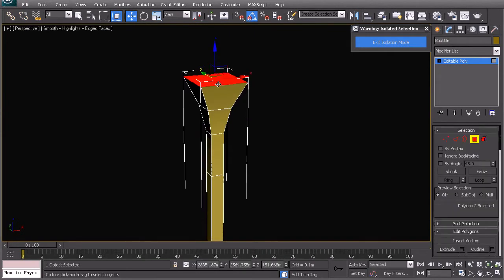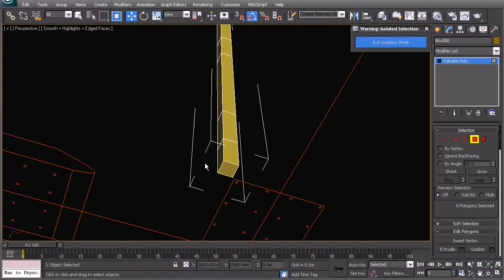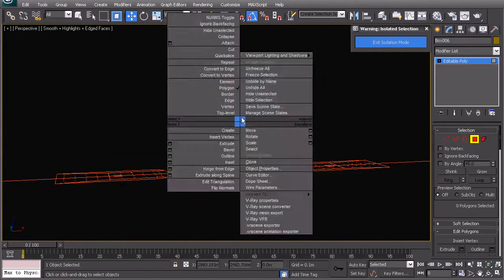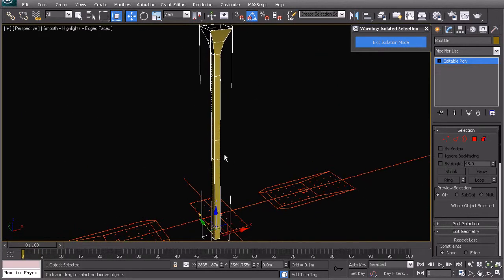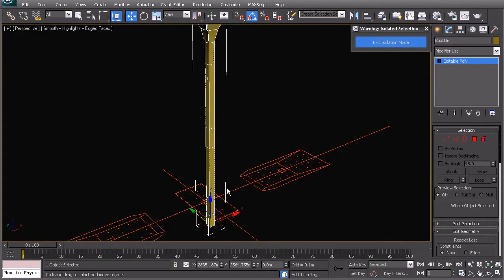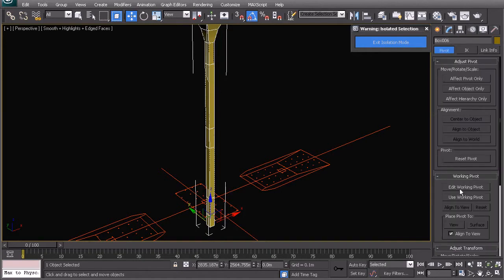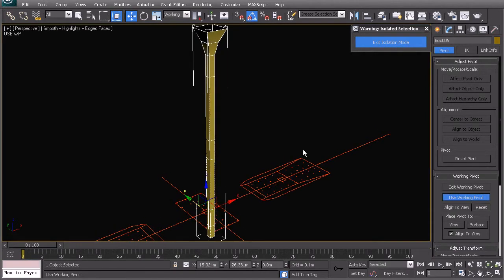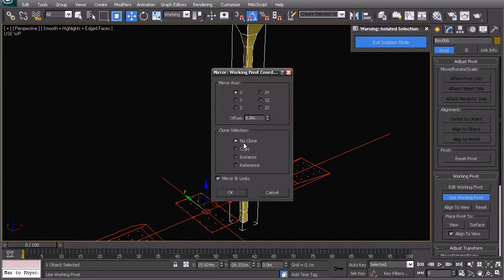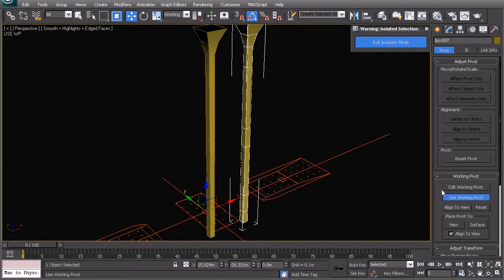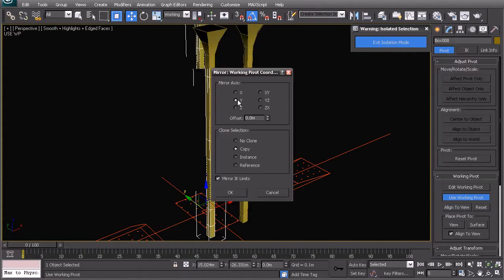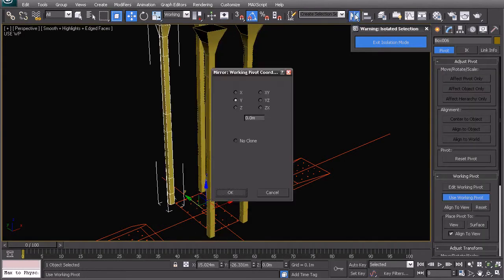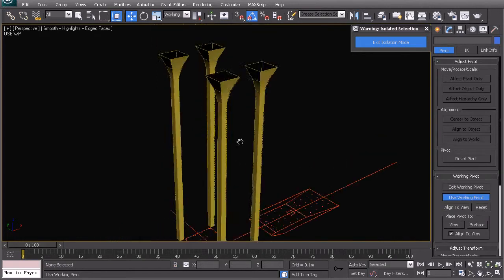Now we can delete these polygons at the top and the bottom since we don't need them. And before we start merging these two sides with each other, let's go and create a copy of each of these columns on the four corners. So we'll go back to our working pivot that we set up in a previous video, and we will create copies of each of those, just using the copy tool. So now we have the four columns,